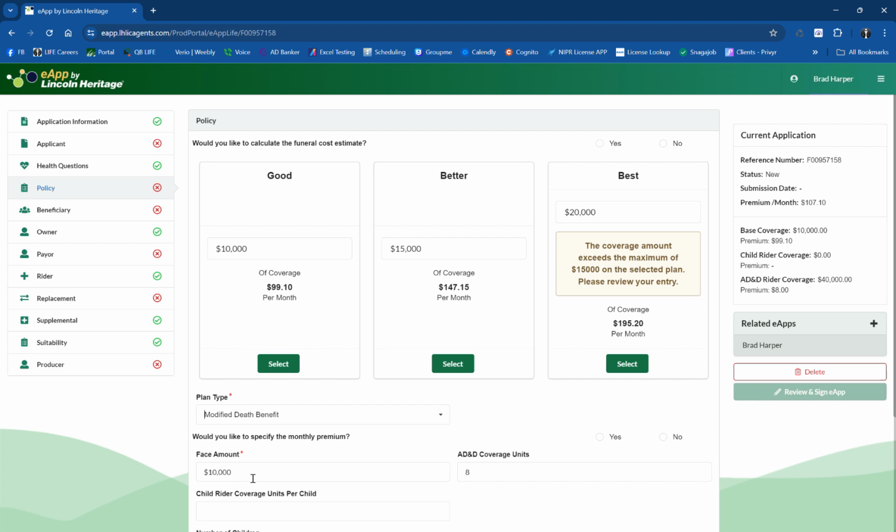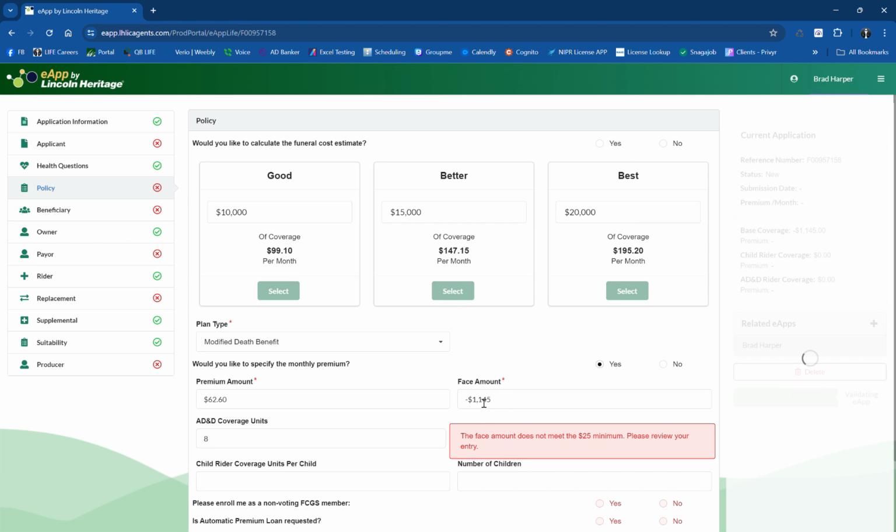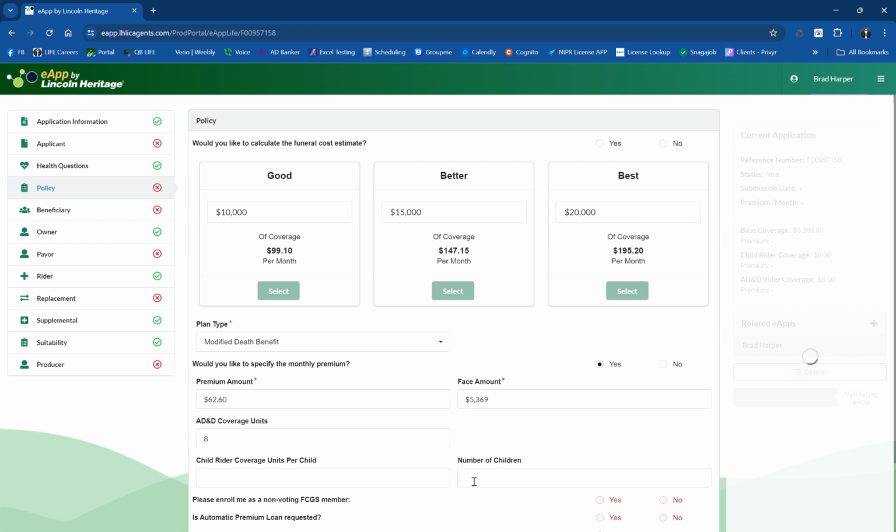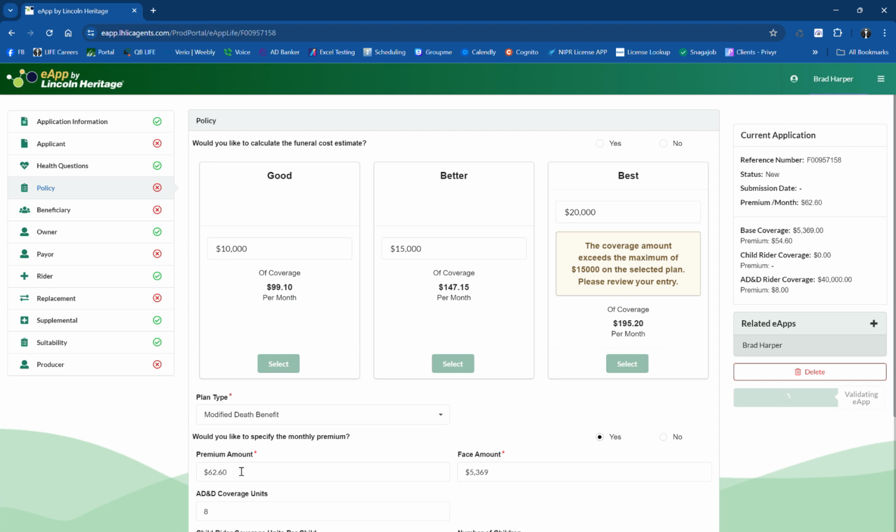You'll notice obviously a modified monthly payment is much higher. So what we can do is click on the button for yes next to would you like to specify the monthly premium. We click on yes, and then it gives us the option to type in a premium amount, which is that $62.60. What it's going to do on a modified plan is lower the face amount. So when I click out of there, it's going to adjust itself. Give it just a moment here. And it lowers the face amount to $5,369. But we're keeping the monthly premium as